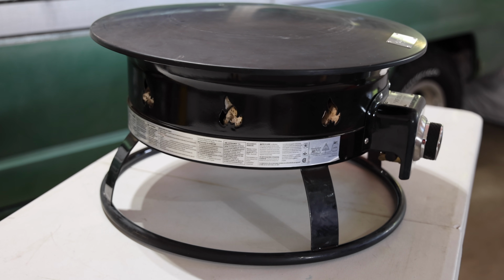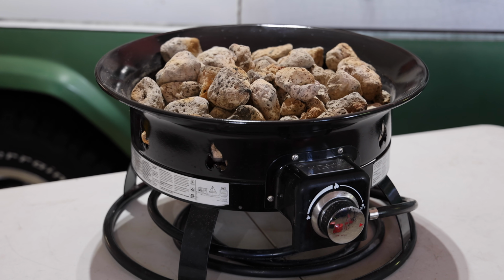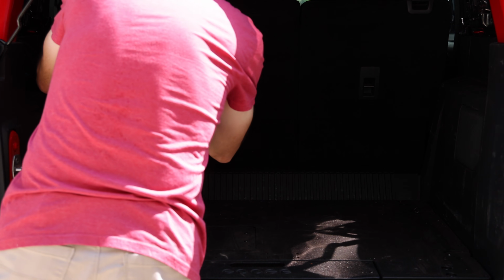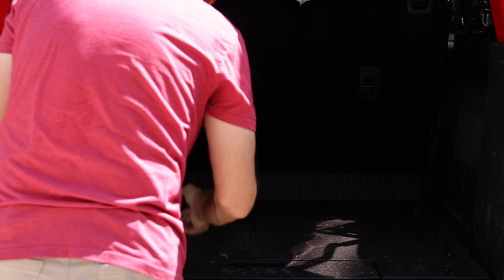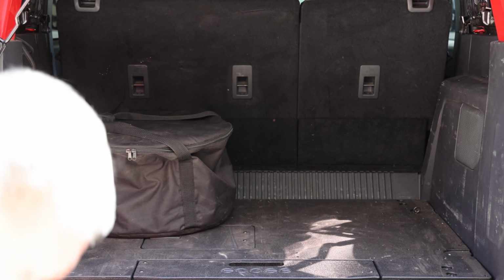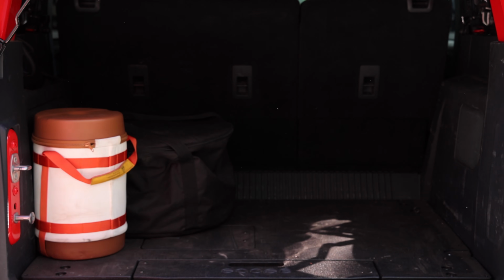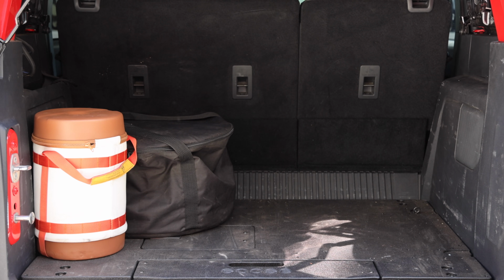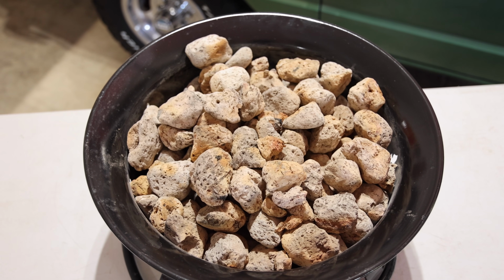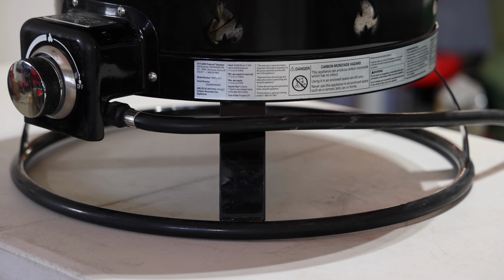So if you're going to pack this in the back of your vehicle, know that it's going to take up some real estate. Just for an example, here is how much space 2 bundles of firewood take up in the back of my Ford Bronco compared to the Outland Living Firebowl and a small propane tank. So if space is a commodity when packing for your camping trips, this might not be the best option as far as size. If you have a truck bed or a large trailer, then maybe this size pit will fit